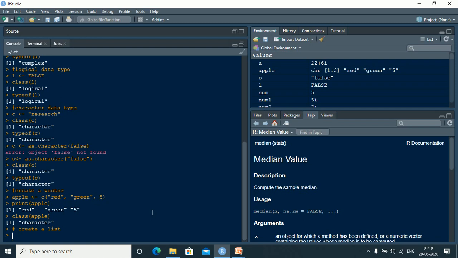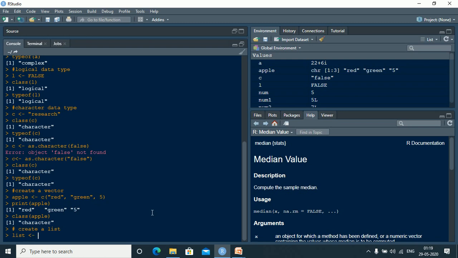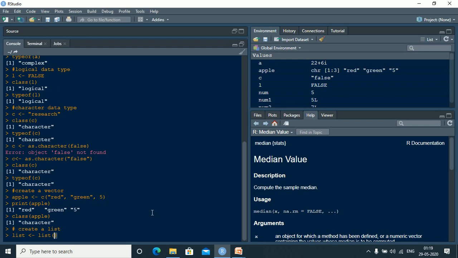I think I've used L in the logical, so let me write it as list, assignment arrow. So I use the function list. All of these will be listed together. Let me take some numbers 2, 5 and 3, right? So these 2, 5, 3 are my numeric values.